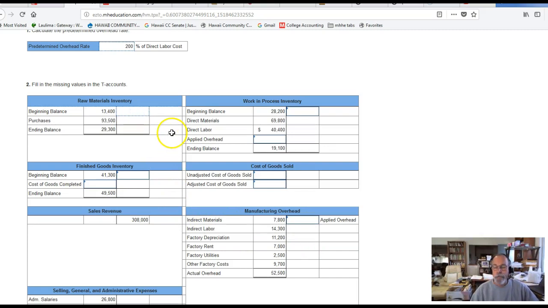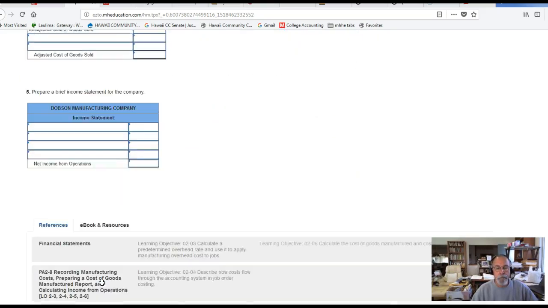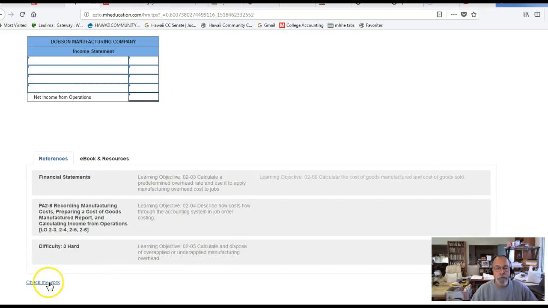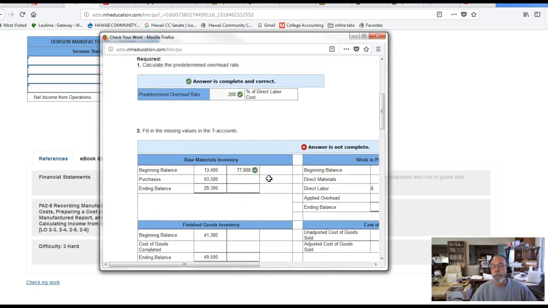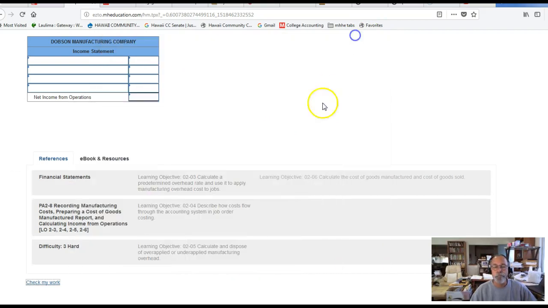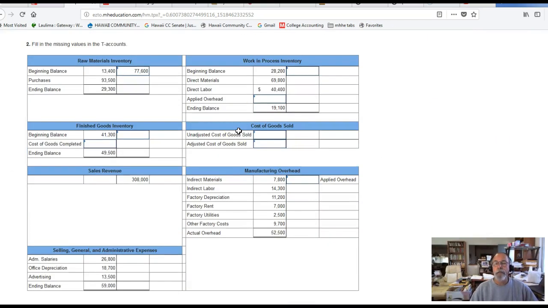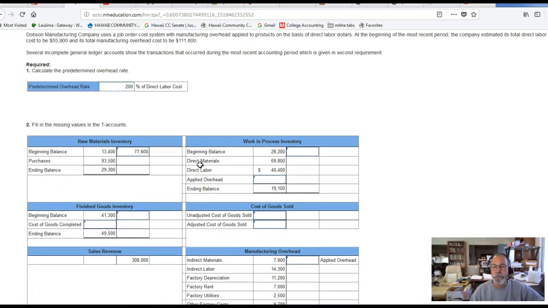And so the next step, of course, is to put that in there and take a quick look, check my work, and we can see that 77.6 is correct. Okay, so doing it this way, obviously it's going to take a little while, but I think it'd be helpful for most of you to go through this step by step